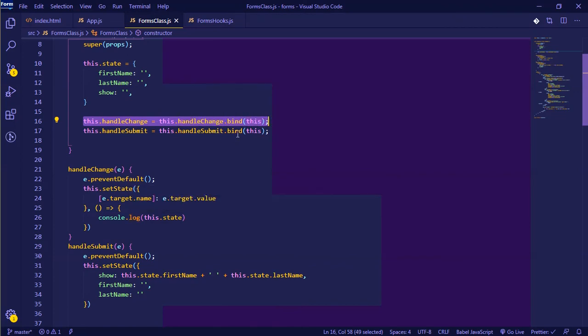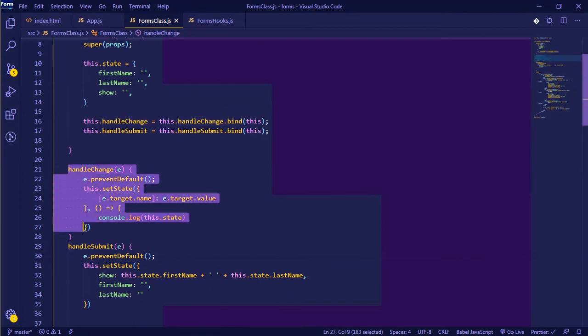What this actually means is, inside the function handleChange, well, we know that in JavaScript, the this keyword inside the function is actually referring to the function itself. But what this bind tells the JavaScript or the React engine is to